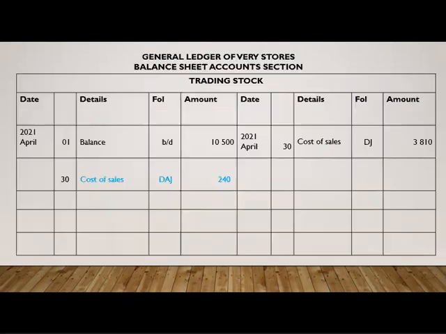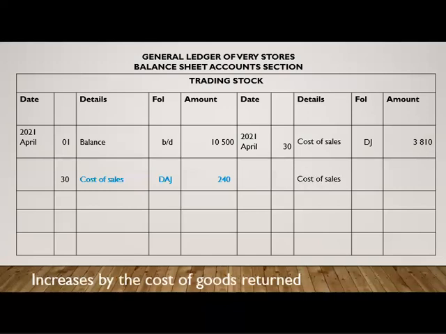This stock came back to us. That's why we will record it on the debit side and then decrease this by the cost price of goods that were returned. Okay. I'm just highlighting here that whatever I recorded here will be the cost price of goods that were returned, which will increase your trading stock account. And then it will decrease by the cost price of the goods that we sold for cash, which was 900,